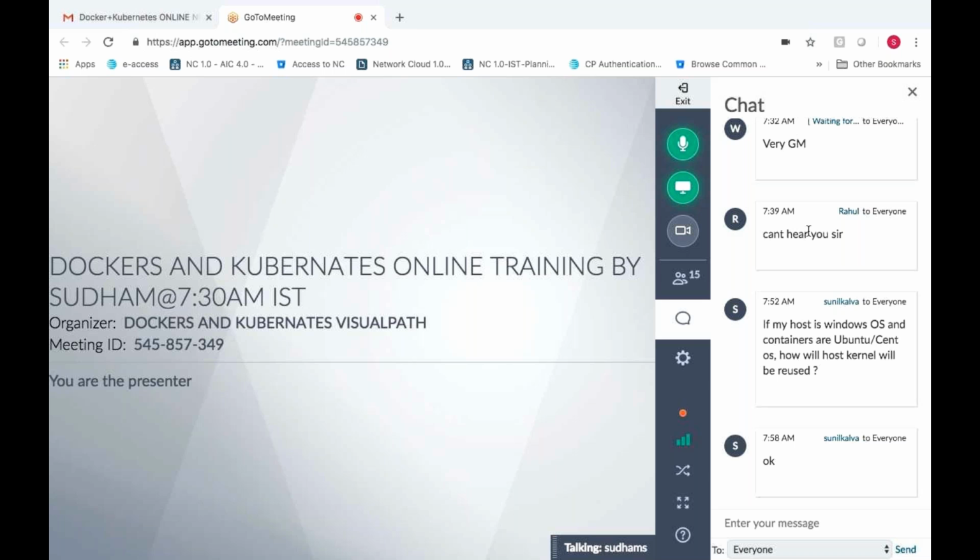Whatever the kernel space you have, the kernel space will be isolated, in the sense a partition will be created, and the second container cannot see the data related to my first container because it is isolated. No one can enter into my namespace. That's how the security has been created in Docker. Nobody can see the information related to other containers until he is root, the main user in the host operating system.